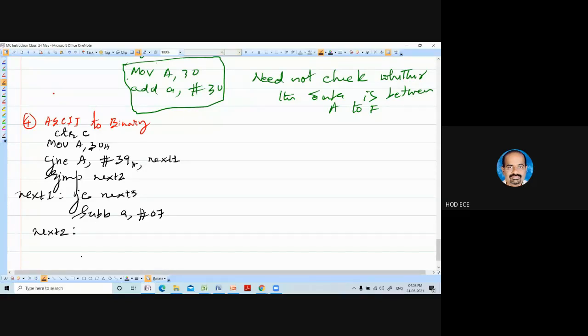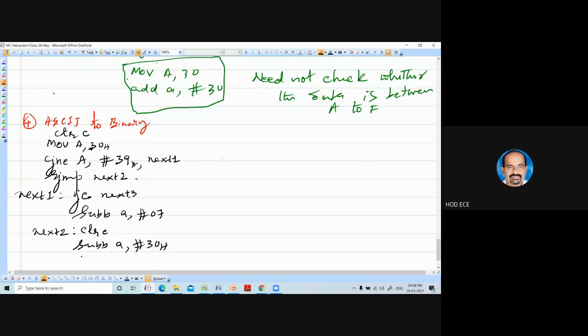This is also, if it is less, also next 2 only. There is no next 3. So this is also next 2. So next 2 is before subtraction, clear carry. SUBB A with 30H.